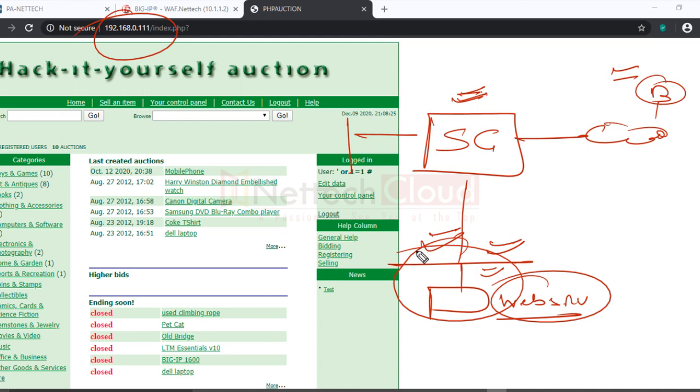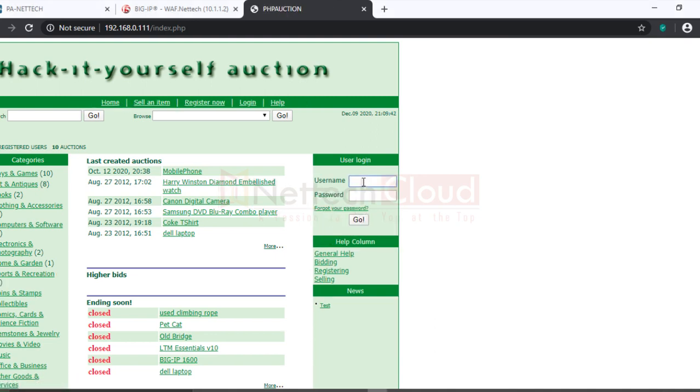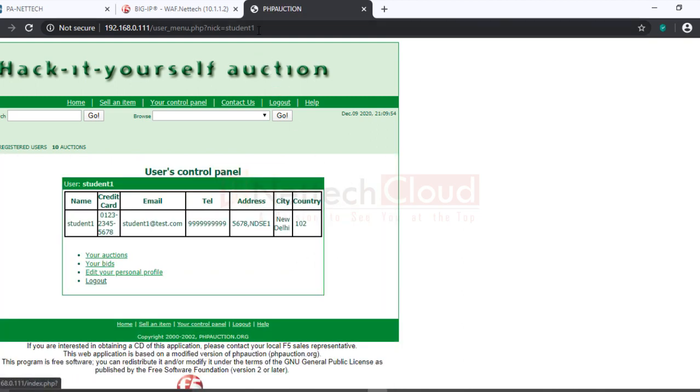So can we prevent this SQL code injection attack with a Checkpoint firewall? The answer is yes, at least this SQL code injection attack, yes. What about other attacks? Let me show you another. It's a username here, student one, and the attack here is a parameter tampering attack.